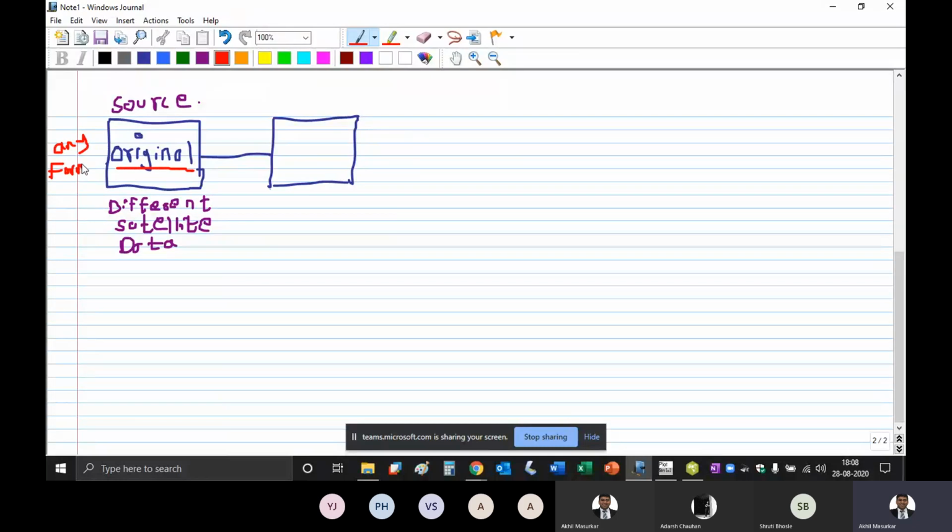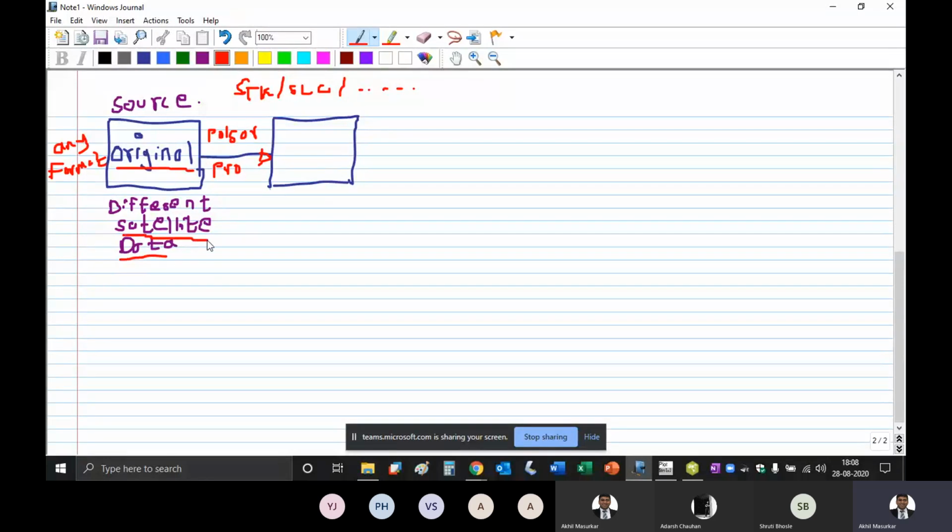And we really don't know what these formats are. Something that we have seen is STK, or we have seen SLC, single look kind of formats. Then there can be many other different types of formats. So just to get rid of this format problem, we use PolSAR Pro, and PolSAR Pro can read any satellite data.